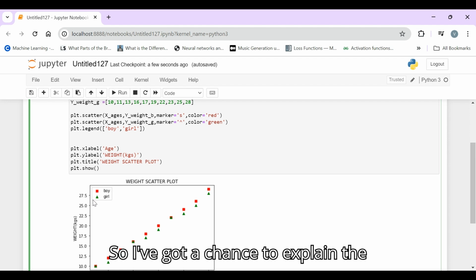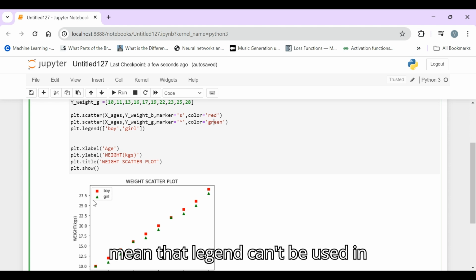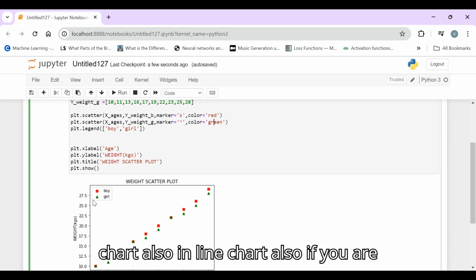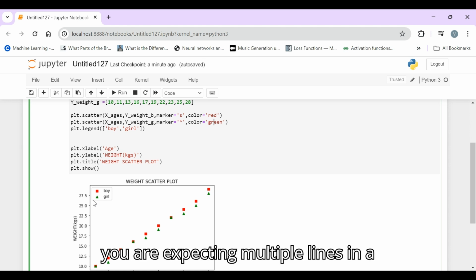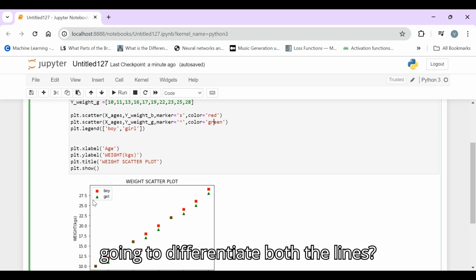I got a chance to explain the legend in a scatter plot. That doesn't mean that the legend can't be used anywhere else. Legend can be used in a line chart also. If you are expecting multiple lines in a single chart, how are you going to differentiate the lines?